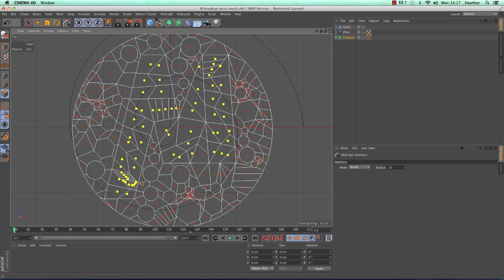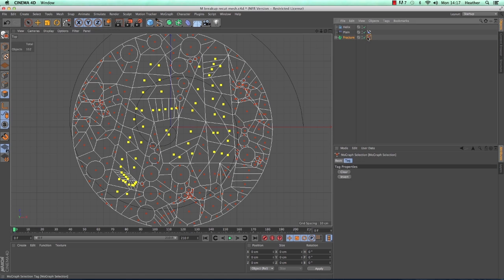So you can see once you've made this selection, a tag will appear on the fracture object. First of all, I'm going to name it because I'm going to have more than one tag on this fracture object. So this one, I only want to affect the background, so I'm going to call this one background.